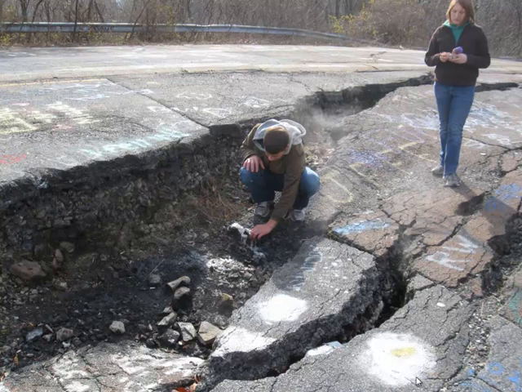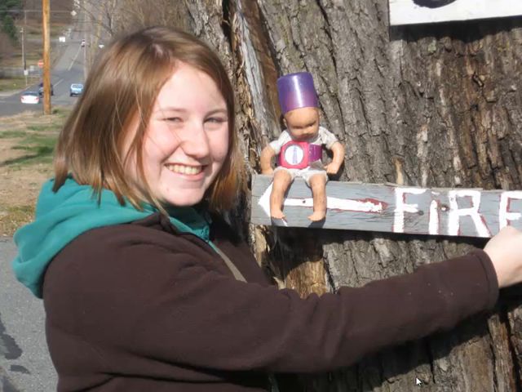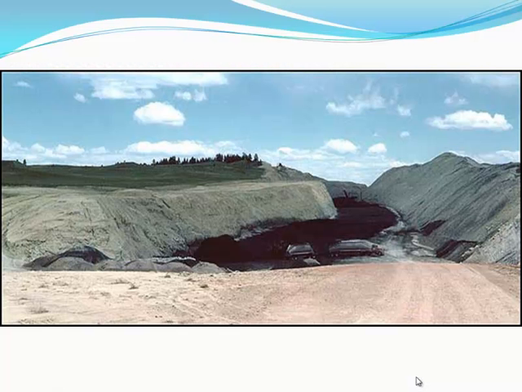Here you can see a little bit of smoke coming up behind them as we were looking at the cracks in the highway. So they had to build a whole new highway to bypass this coal. And I have no idea how that picture got in there. But okay, so now coal mining seems to be a real problem.